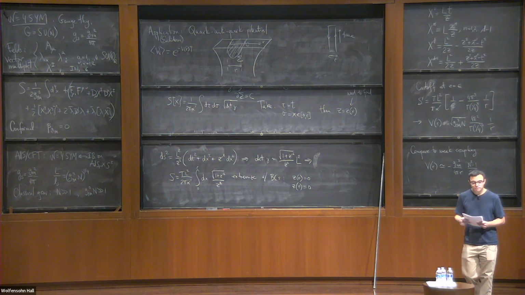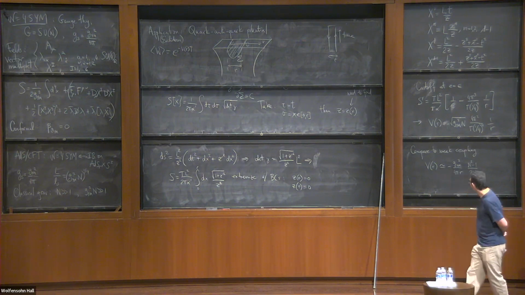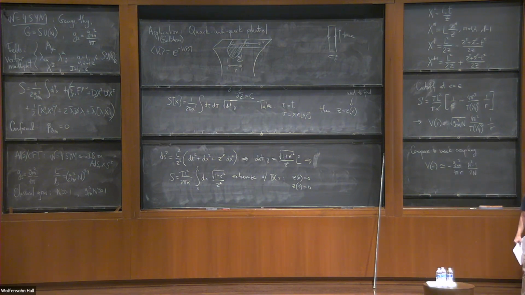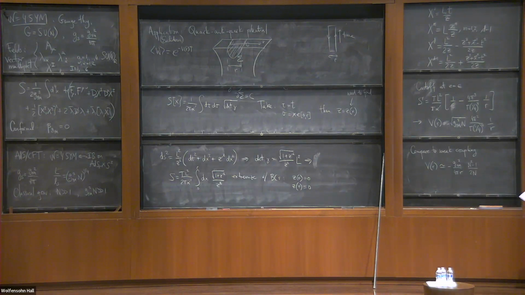Of the divergence, you have some choice to say that instead of subtracting 1 over epsilon, you subtract 1 over epsilon plus some confinement, and we get some potential at long distances. In the computation that I did, the divergence is proportional to the perimeter. So you can subtract something proportional to the perimeter, and what that does to the potential is just add a constant. So what you conclude is that the potential could be this plus a constant, but we know that you can always add a constant to the potential.